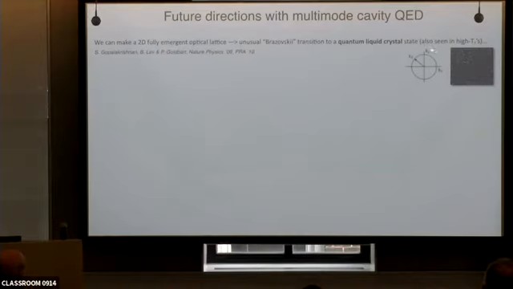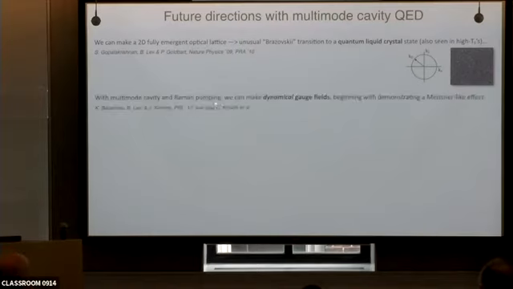And this is because you can engineer a circle of soft modes that you can condense into. This sort of physics is also explored in high-temperature superconductors, and you can ask the relations of these kinds of physics to other things. Second, I told you about making dynamical spin-orbit coupling, but using a slightly different scheme, we can demonstrate things like Meissner effects, or more broadly, dynamical gauge fields, which is fun for many reasons.